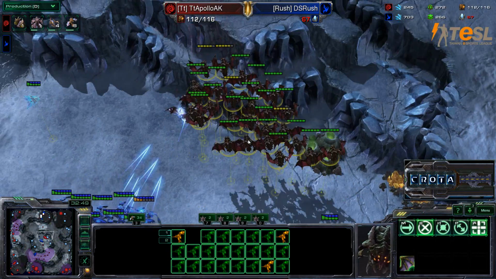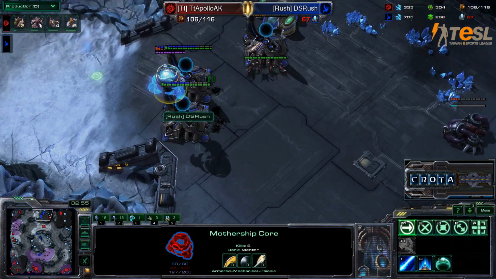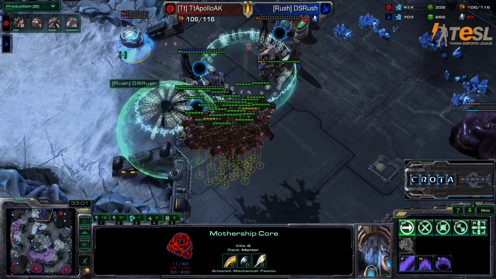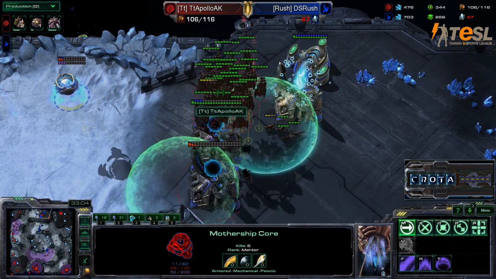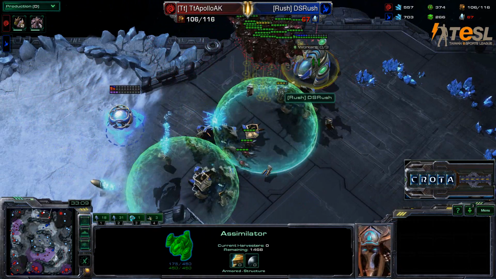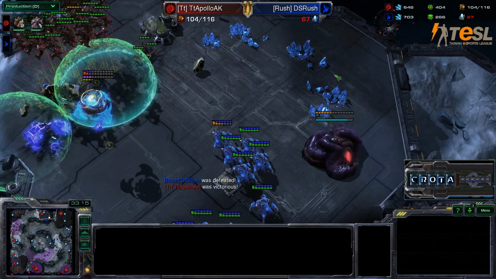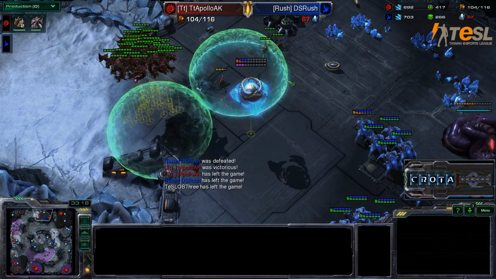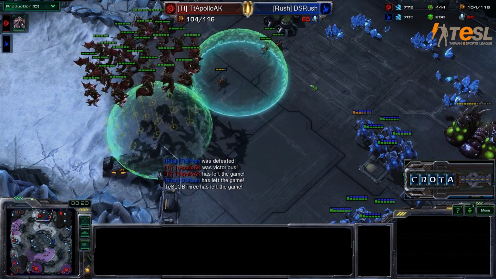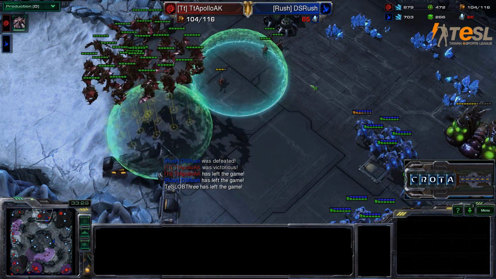Mutalists now making their way forward. Oh, this could be huge. Those Stalkers have not gotten there in time at all. All we have left are a couple of buildings, and it looks as though, oh, Time Warp has come in, but the Mutalists are just gonna focus down the rest of these buildings here. Last Assimilator standing, and that will be the game. There you go. Rush was defeated, and AK taking the game, sniping this game here with a base trade